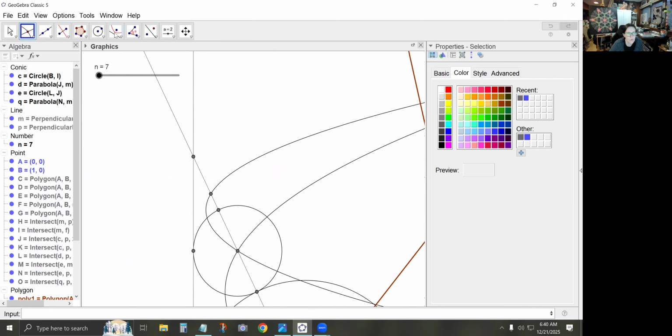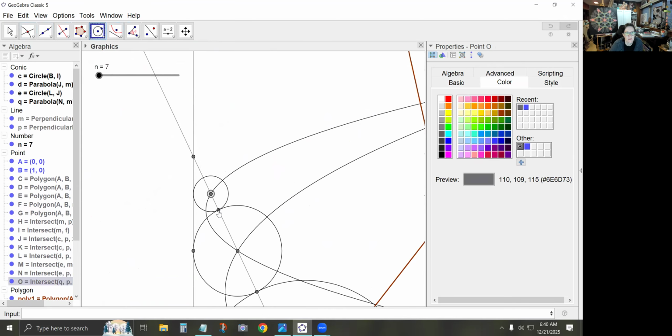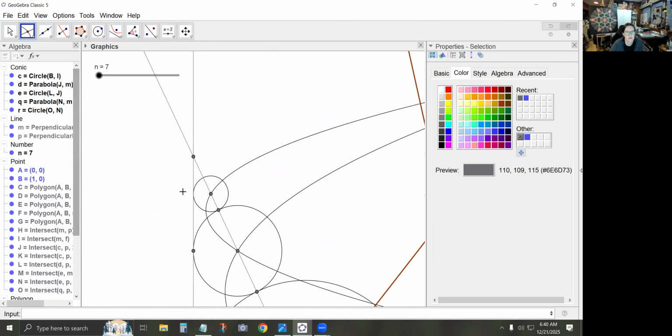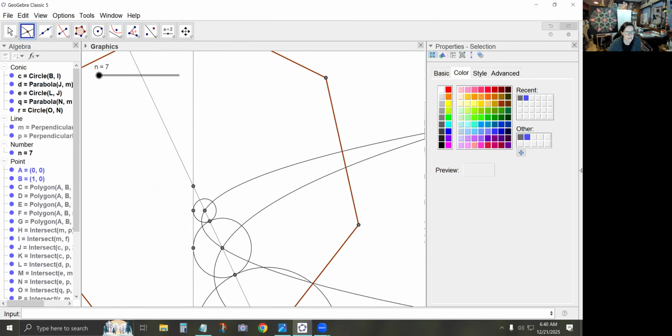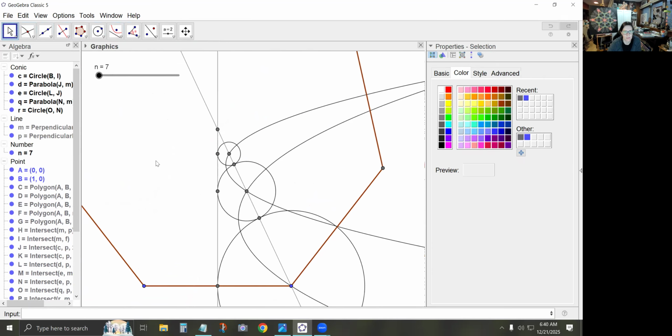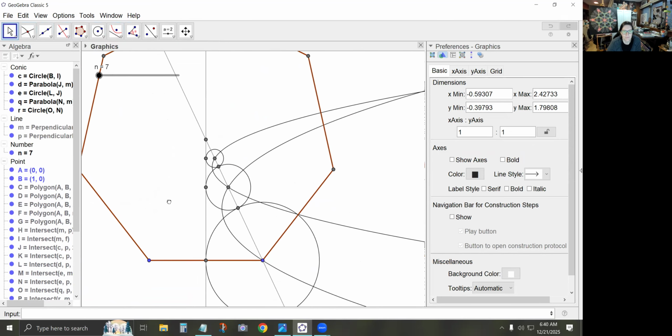And I want this point, this circle, and this point. So notice I'm using my intersect tool, not the point tool, to put in all those points, because this is an exact construction, not approximate. Okay, so